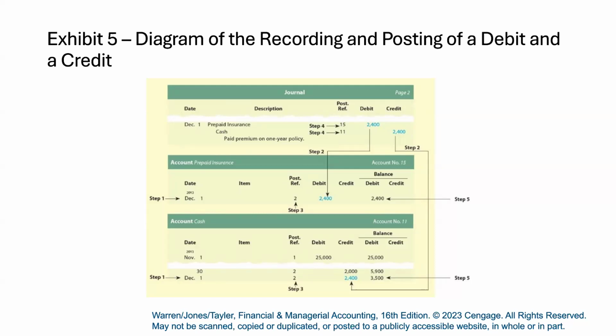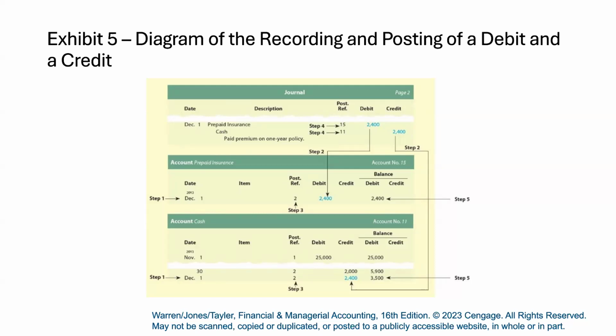So it's like in real life, all they did was probably write a check and give it to their insurance people. And then they recorded it as a debit to the prepaid insurance asset and a credit to cash. Cash went down, prepaid insurance went up. So then the second step is to record these